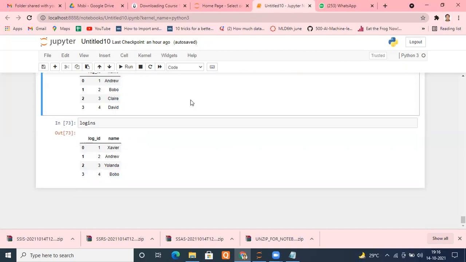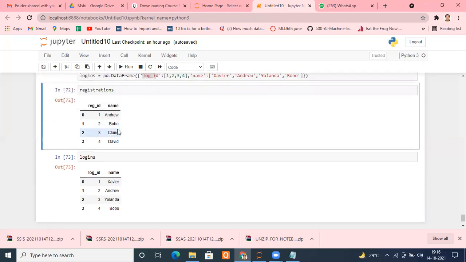Now the requirement may be like, please tell me the names of those persons who registered at both the places. Are you getting my point? You got two data sets: one of the online registration, another of the offline registration at the event itself. The current requirement is, please tell me the names of those people who registered online and came to the event. So how can we do that?